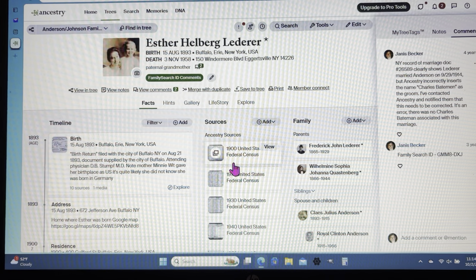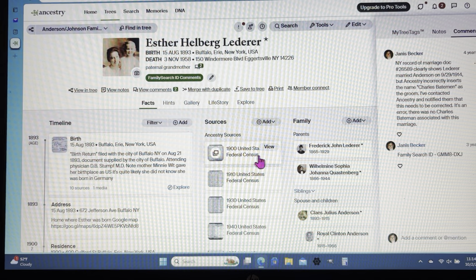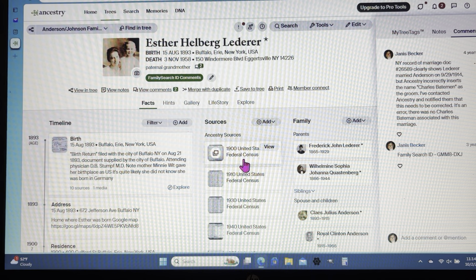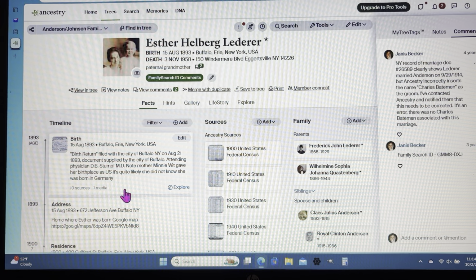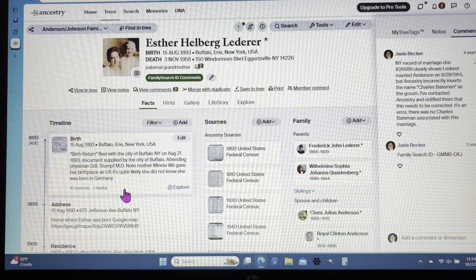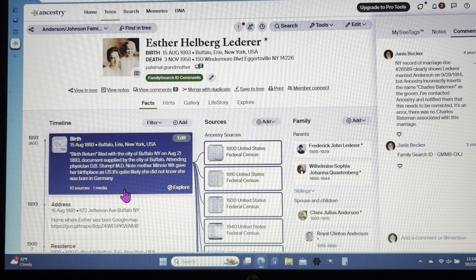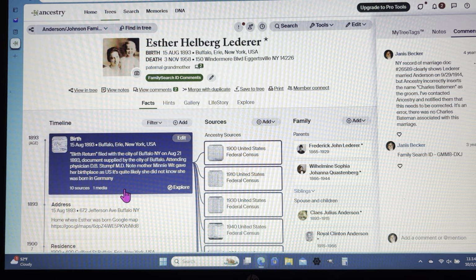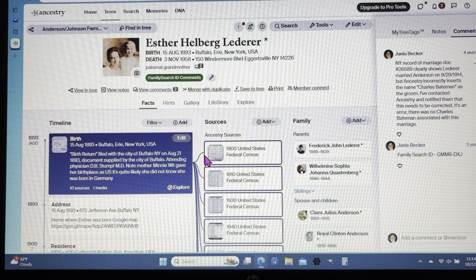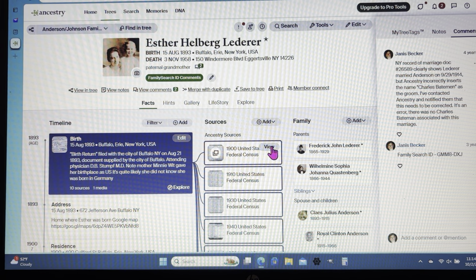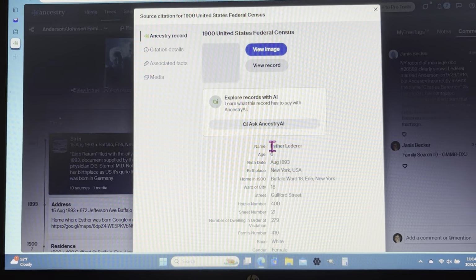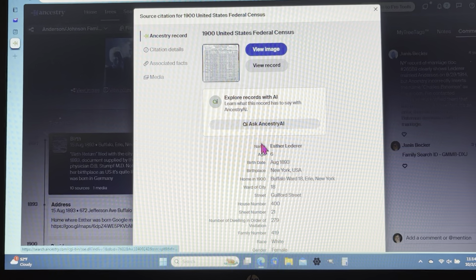Like I say, you're looking at this, and if you wanted to look at the census, you can view the census. Let's see, okay, this birth, it says here that there are 10 sources and 1 media. If I click just on the space, it'll show you all of the places you can find information that would relate back to her birth. So let's look at the 1990 census and just see what it says, because she would have been 7 years old. So now you can actually look at this information.